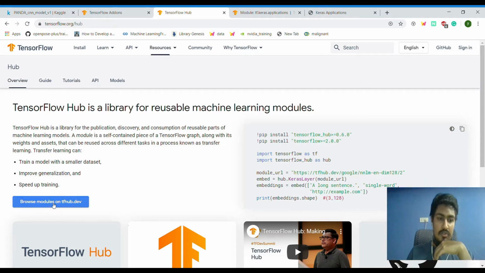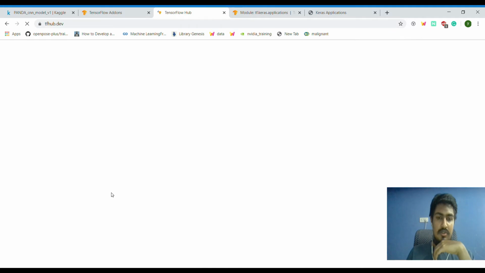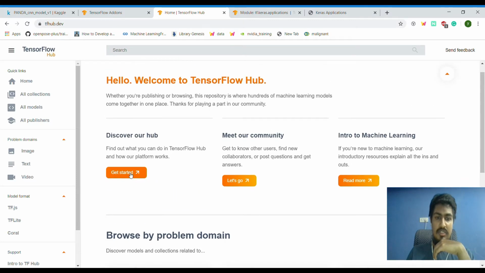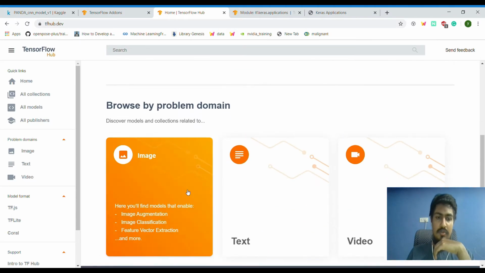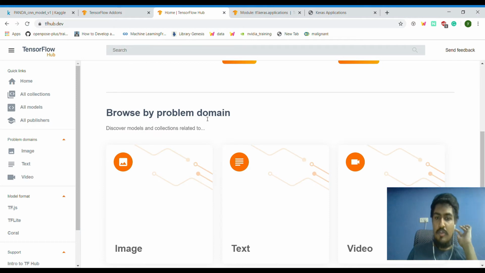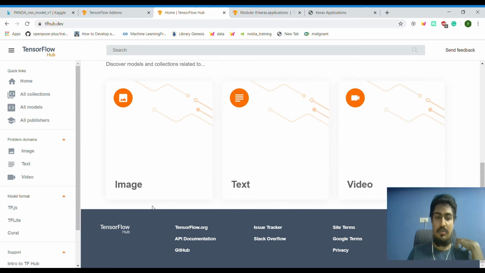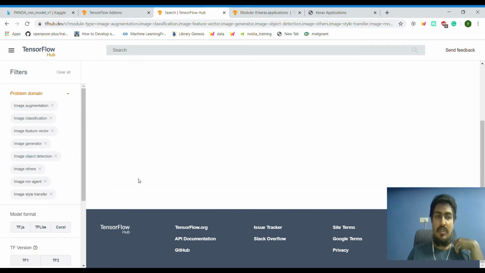You can just go to browse models on TF Hub, and then browse by problem domain. Whichever domain you want, they have given three domains: image, text, and video. You can just go and find out what they have.